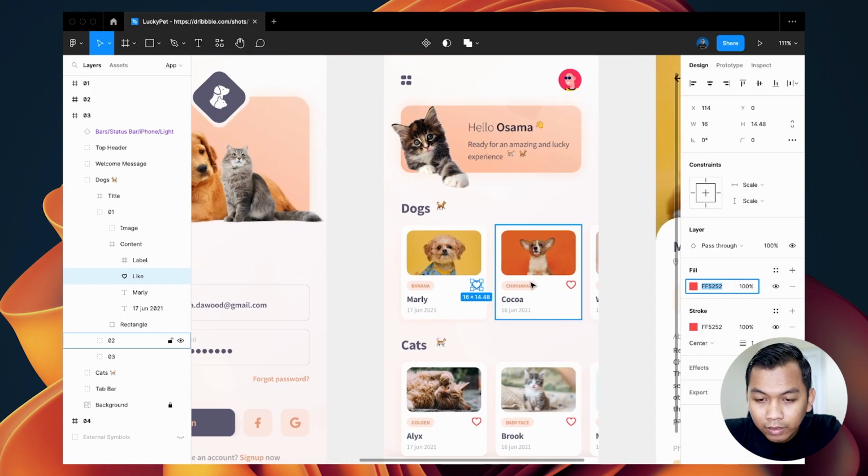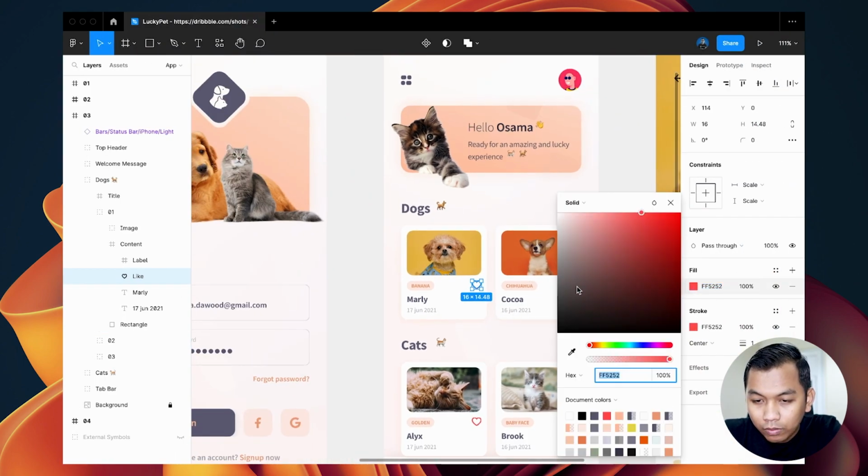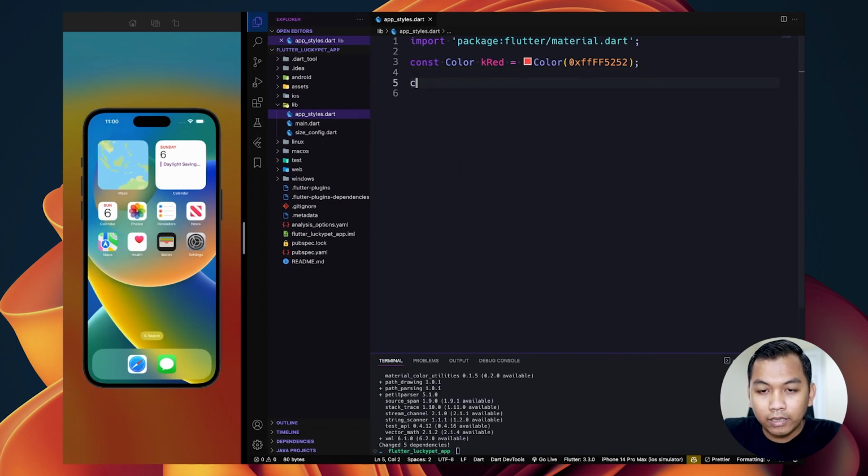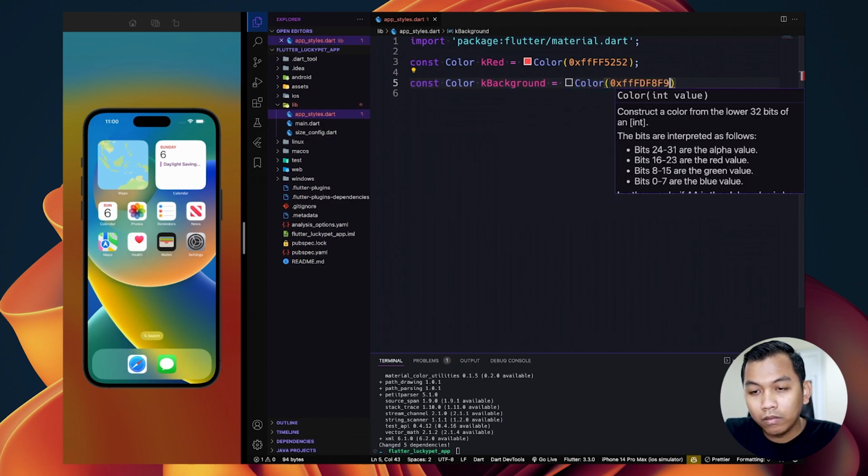And the next one, let's pick this color, copy the hex code, and say here const Color, let's name it maybe background, paste here.